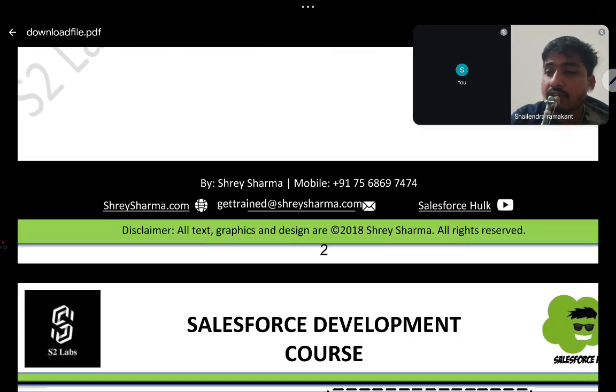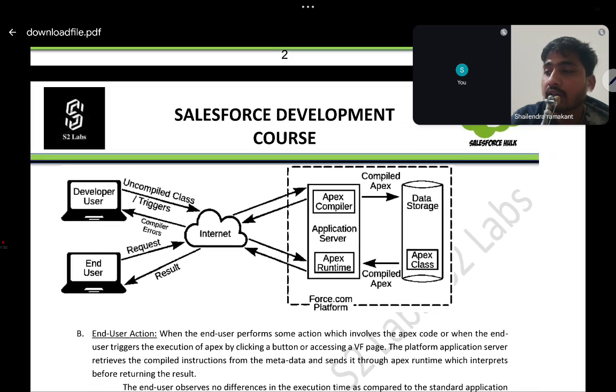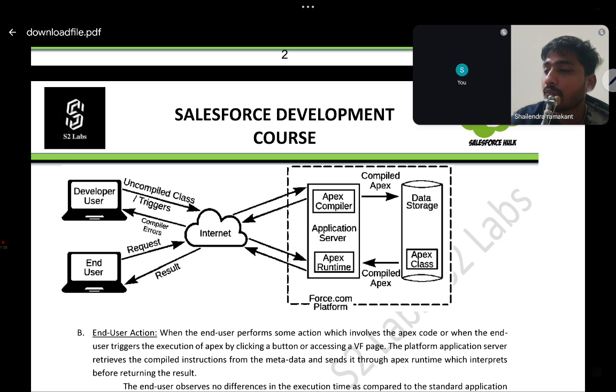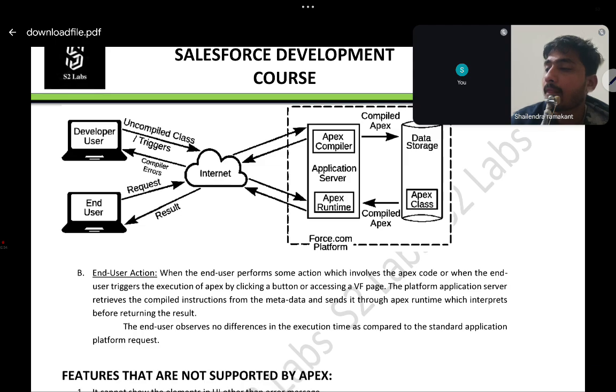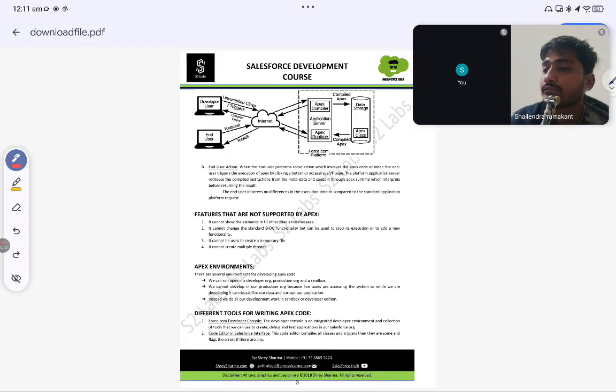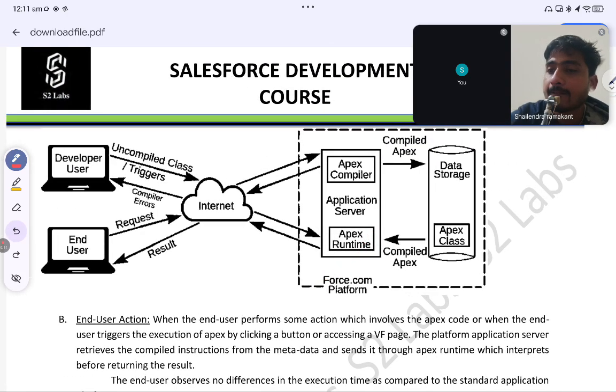The flow of the action is that this is the nodes of the server. The flow and the action of the node is that, look here. What is happening, one is a developer user, and the second one is an end user. When the developer